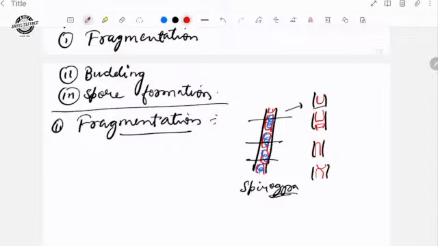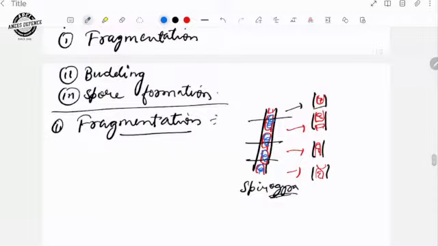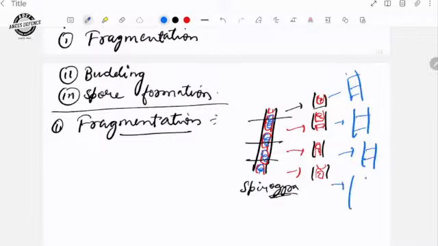Like this. Understood? This is the structure. Fragments means pieces of the Spirogyra. What are the special functions these have now? These are going to be converted into single individuals. Completely, they are going to form their complete body parts after some time without any hesitation. Means completely it is going to convert into new individuals. New Spirogyra it is going to form. Means formation of their body parts is going to occur from these fragments only.